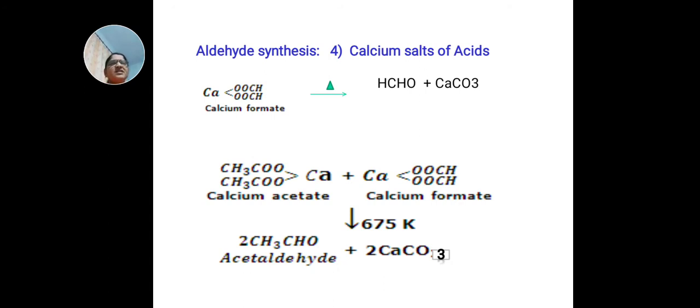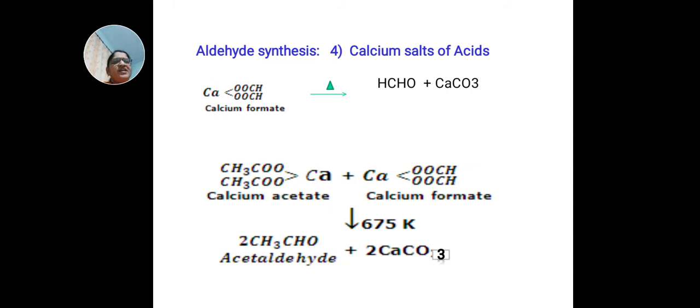That means this calcium formate is formed by two molecules of formic acid. HCOOH is the formula of formic acid. Then the salt is formed by these two molecules of formic acid, hence the name of this compound is calcium formate. By heating this calcium formate, it forms one molecule of formaldehyde, that is HCHO, plus calcium